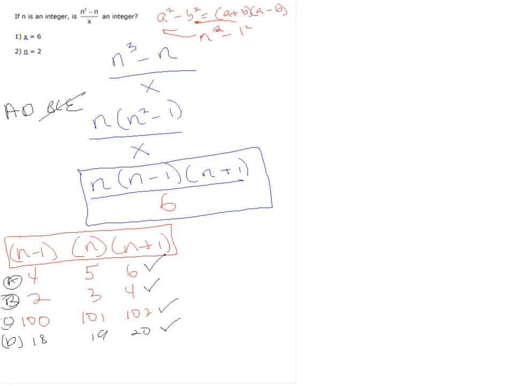And now we'll look at statement 2. So interestingly, knowing that n equals 2 doesn't tell us anything because what's the value of x, right? So, for example, looking at statement 2, to know that n is equal to 2, well, I'm going to do it on the corner right over here. Well, we'd have 6 over x, right? And what's the value of x? We have no idea. Okay, so the answer here is actually A,